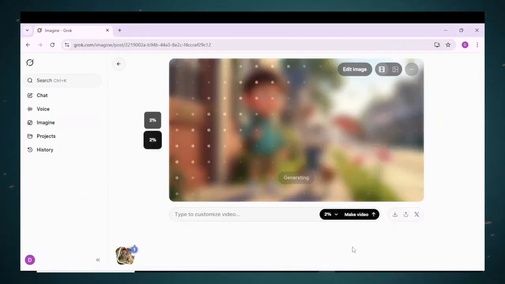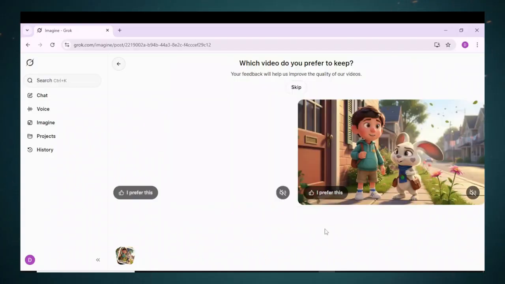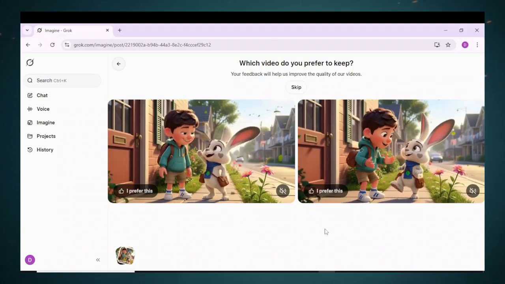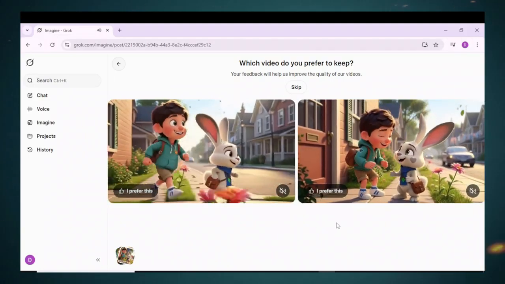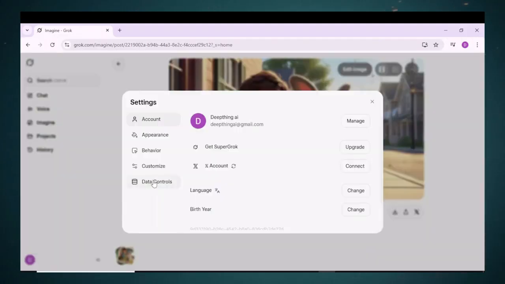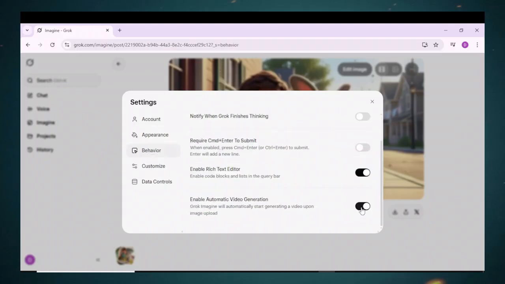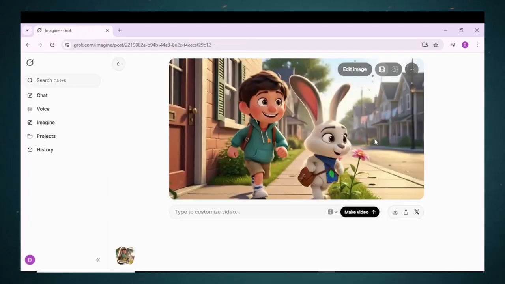Now, an important note: when you upload an image, Grok may start generating a video automatically, but we don't want that. We want Grok to generate the animation using the exact video prompt that ChatGPT wrote for us. So here's how to stop the auto-generation. Go to Settings in the bottom left. Click Behavior, then turn off Enable Automatic Video Generation. Once you disable that, Grok will stop auto-generating videos,